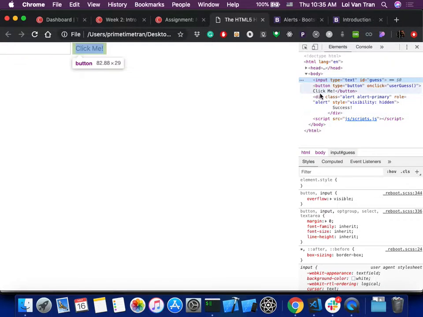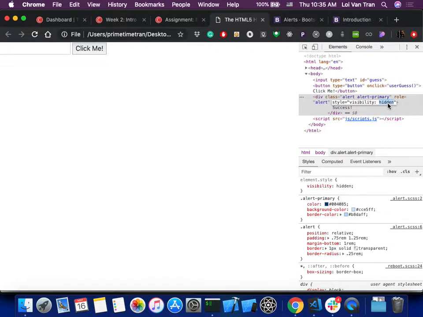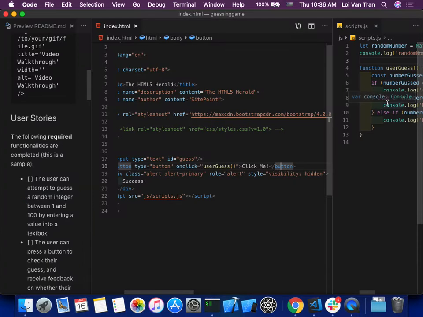Can we confirm that this is here? I'm gonna click elements. I'm gonna look through my divs, and I can see it right here. It's right there. But the problem is it's hidden. I'm gonna go ahead and delete this. If I change it, we can see that it does in fact show. Okay. So now